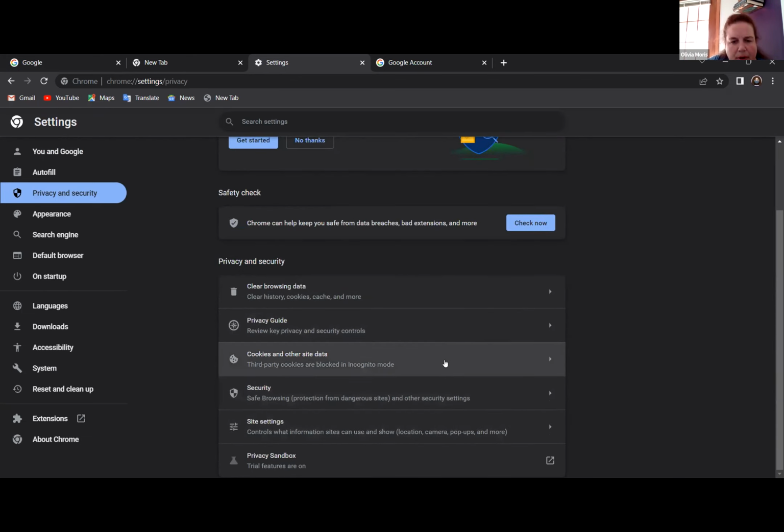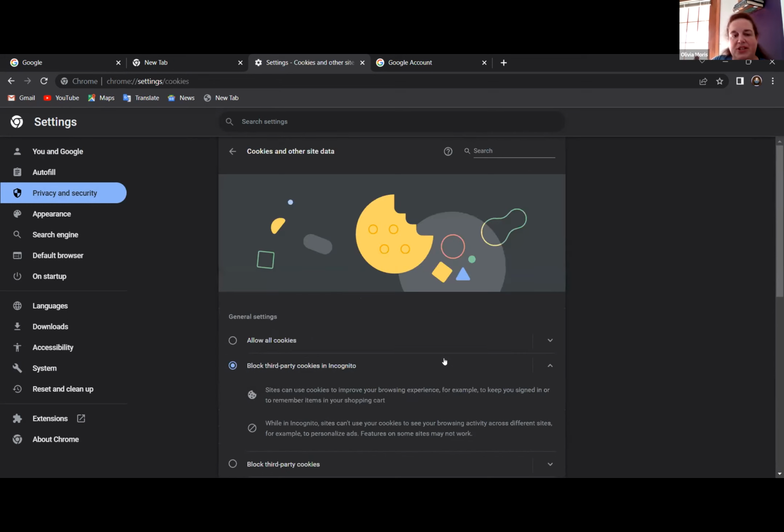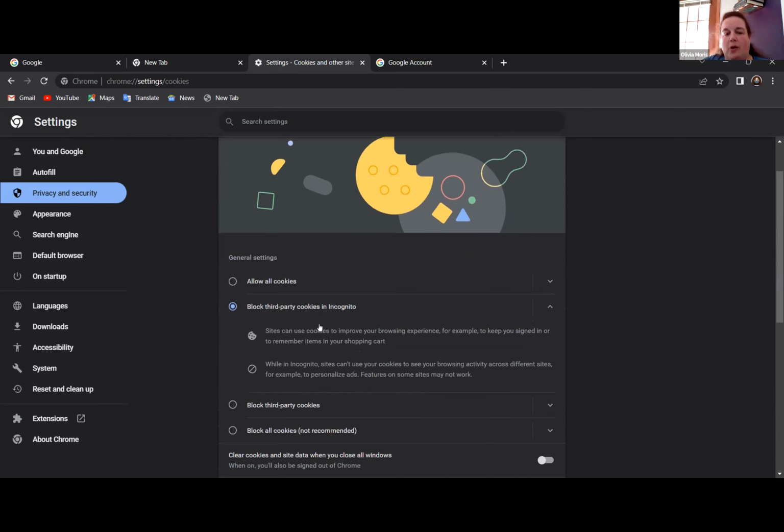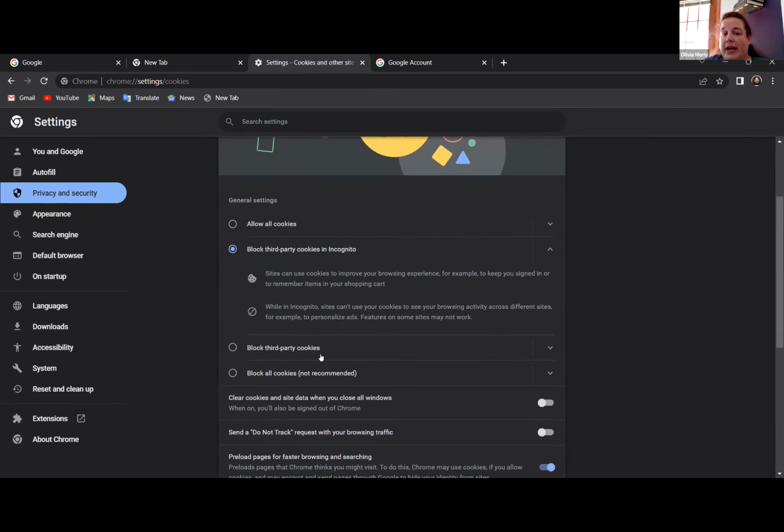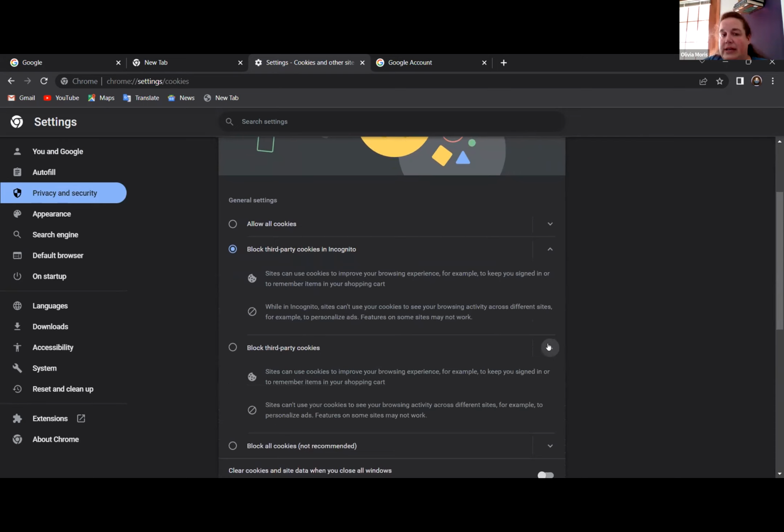set up, yes. So I mentioned cookies earlier and using them via the incognito mode. So right now my Google is designed to block third-party cookies in incognito, to stop those little tracking bots when I'm using the incognito mode, but you can actually switch that to blocking it across all of your sites. So if that's something that really disturbs you or something that you're uncomfortable with, you are welcome to change that